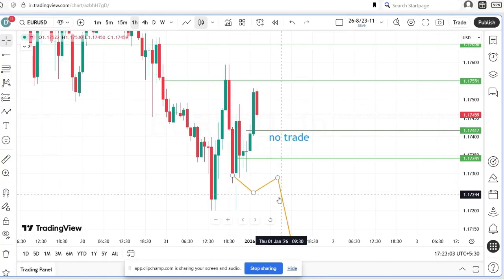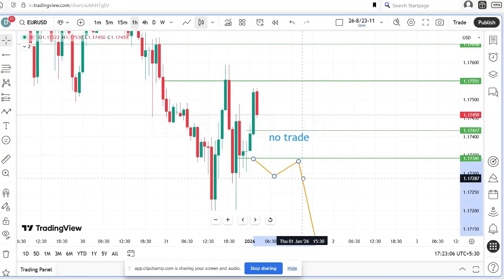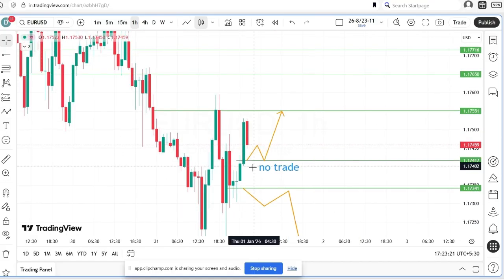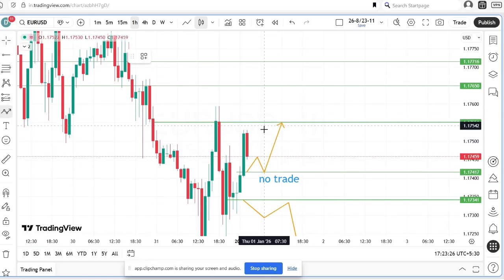So almost new support and resistances have been modified. So below this level only we have to look for shorting opportunities. Target will be here. Next level, trace here and then give a bounce, then we'll look for this target, and above this level we can look in good quantity for buying. Okay,